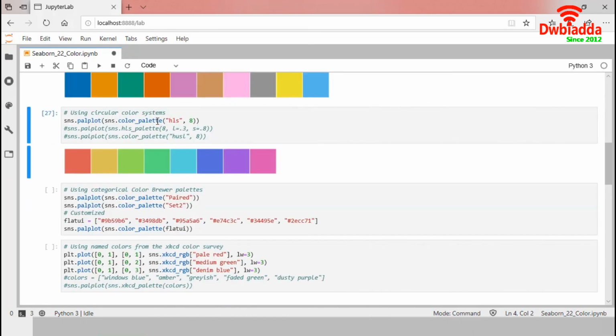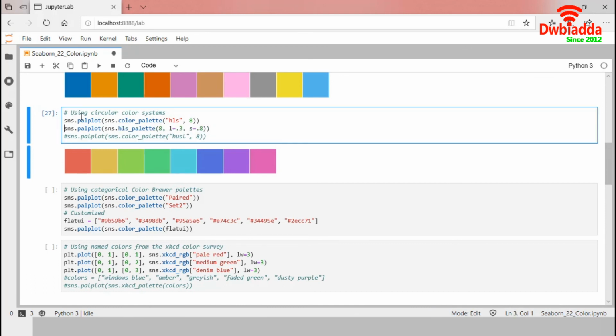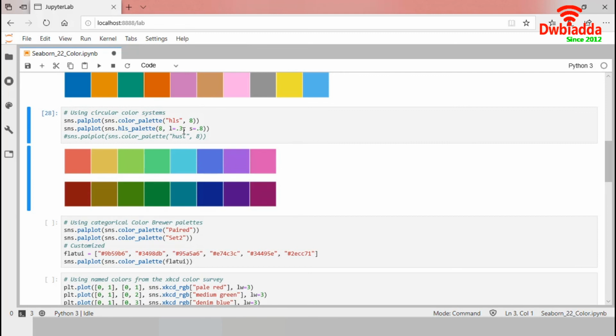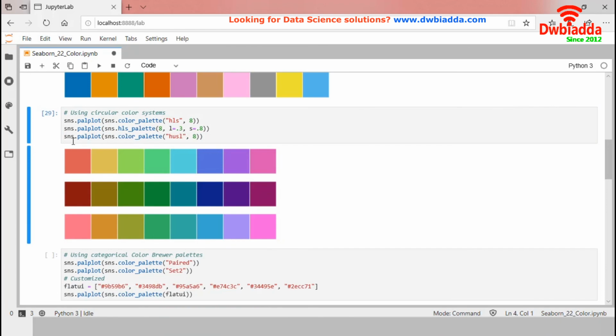There is also the hls_palette function that will help us to control lightness and saturation of the colors. We can also use the husl system, which also makes it easy to select evenly spread hues while keeping the apparent brightness and saturation much more uniform.